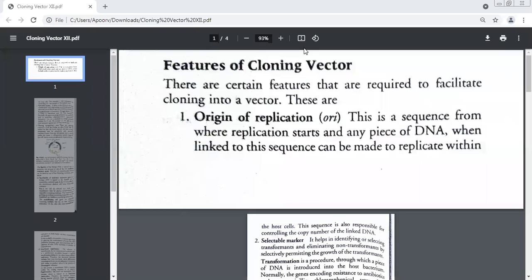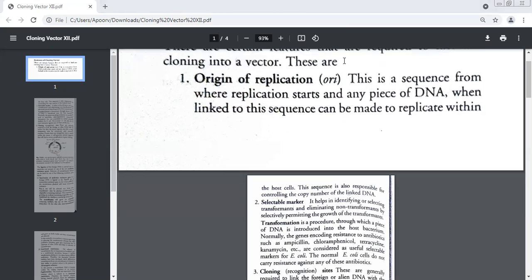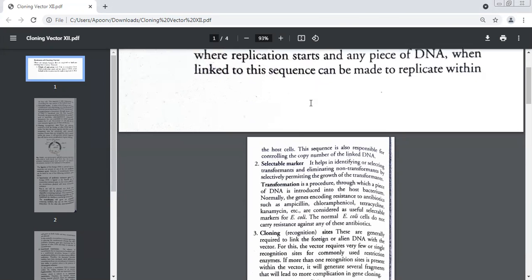Beta, I did about characteristics or features of vectors yesterday. I've taken up the same topic for a few minutes today, but from the book, so that you may not get confused when you read this. We had discussed this. I'm giving you this because when you read books, you may get confused. So I thought, let me take this.